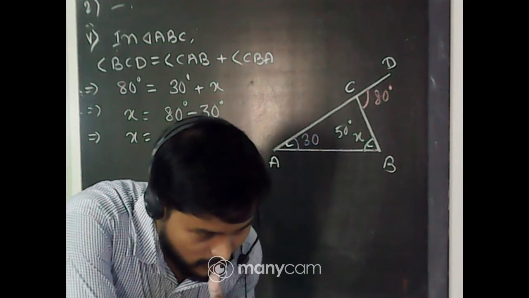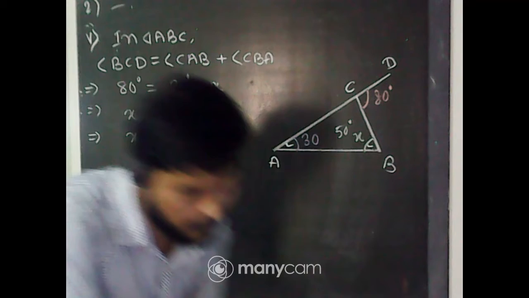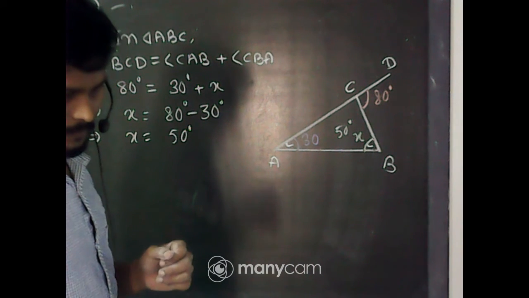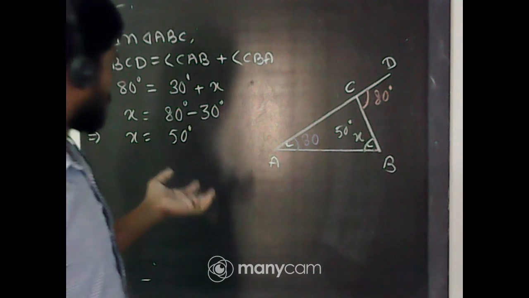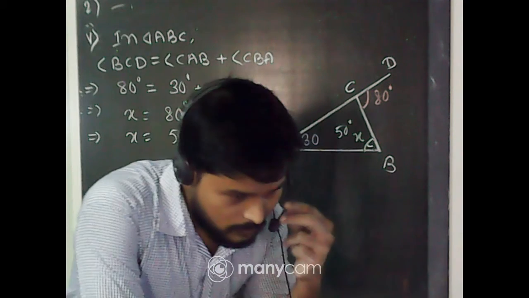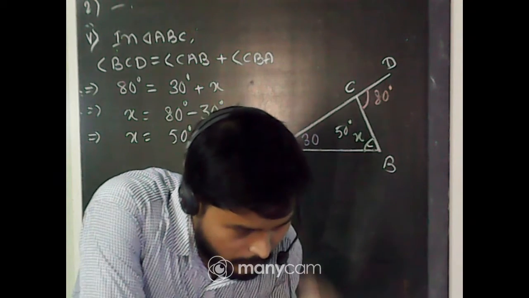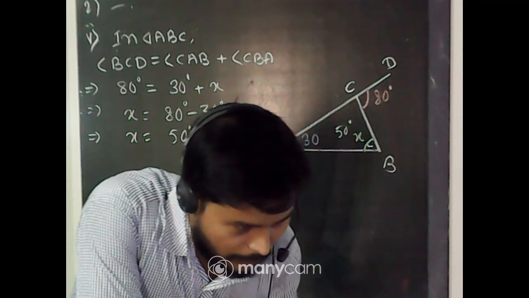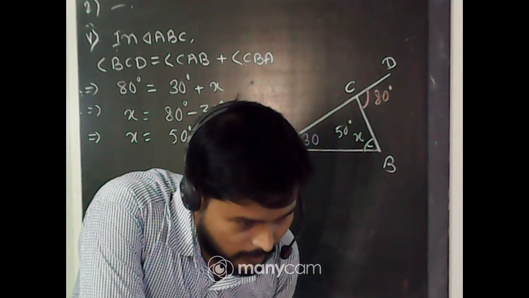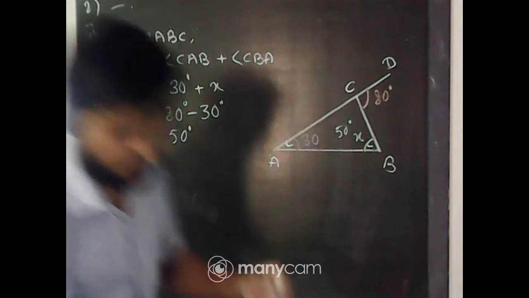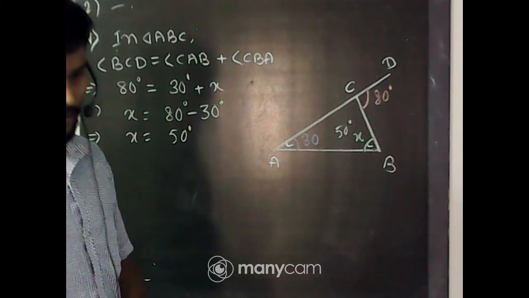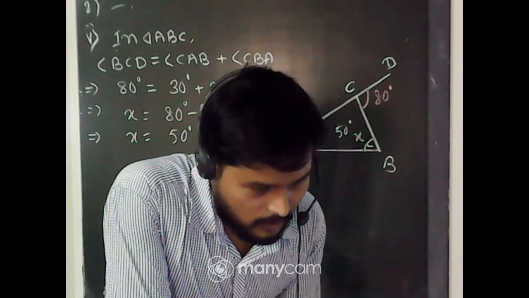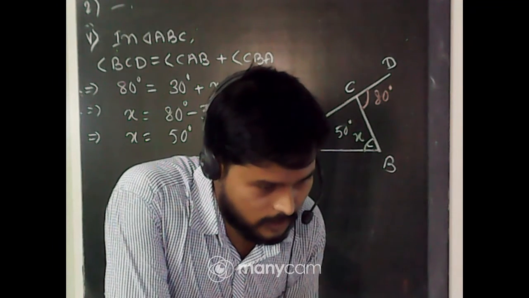Sampurna, what happened? Any problem, Sampurna? Yes, the answer is 50 degrees. Sampurna, do you have any confusion? No, sir, because you have written here confusion questions for me. So I'm asking, what is the confusion here? If you have any confusion, you can tell me here. I will try to remove your confusion as much as I can.